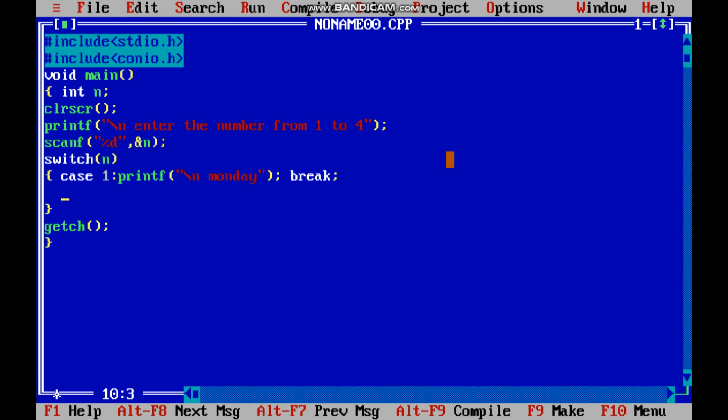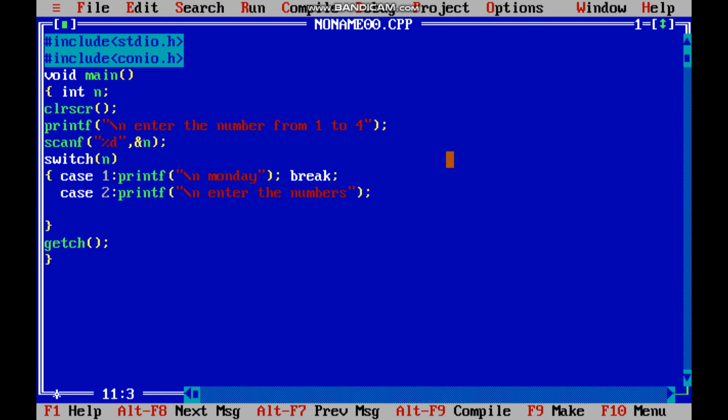Now our next situation is case 2. Here I'm going to make it a bit tricky. Suppose you have to take the input from the user, so printf("\nEnter the numbers").